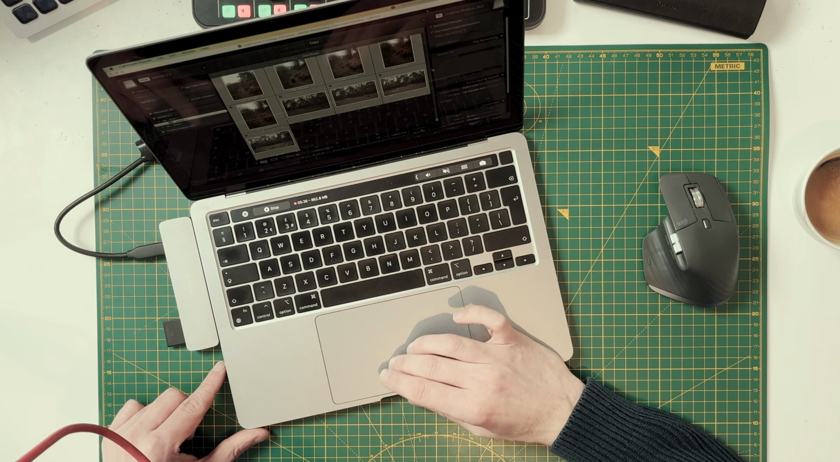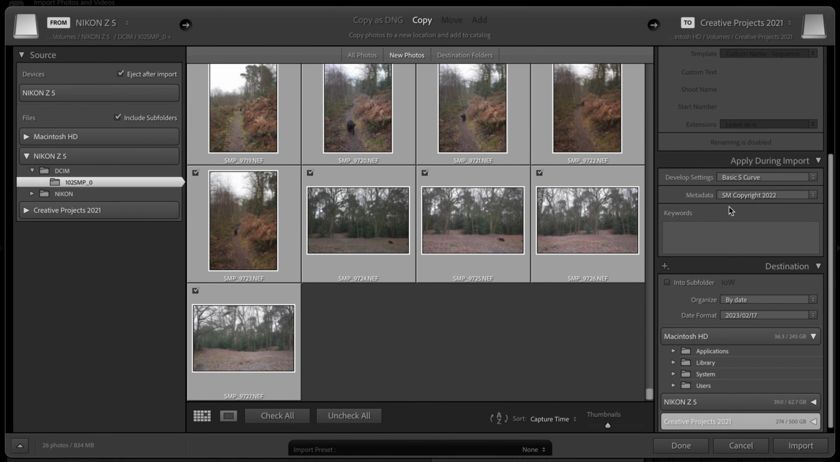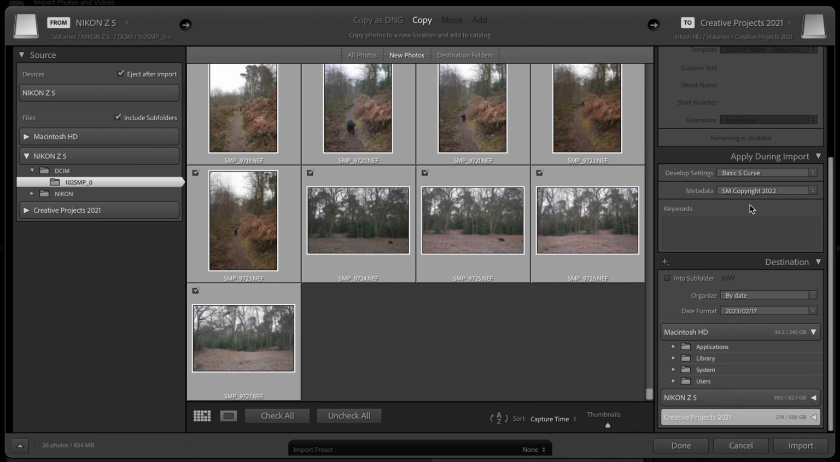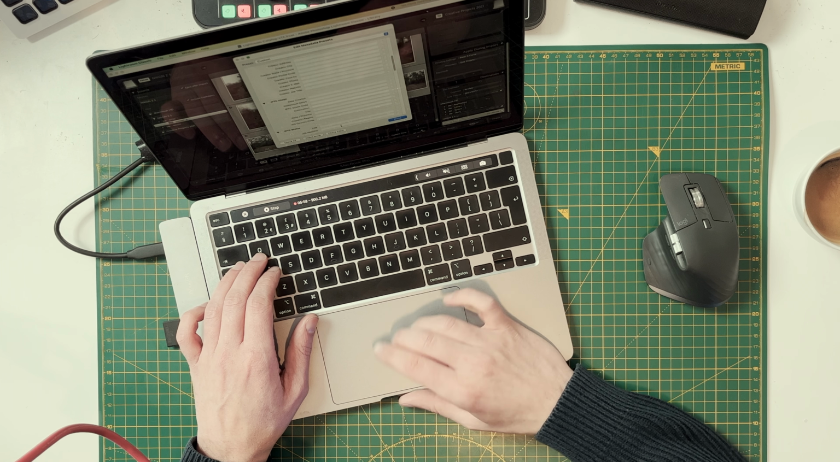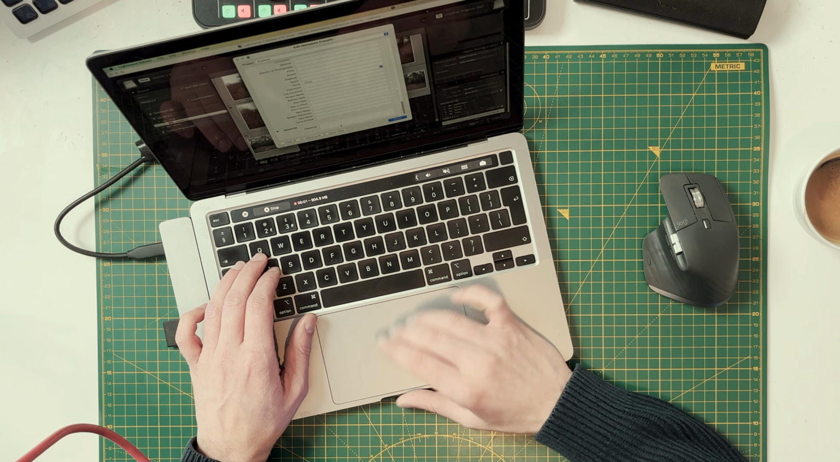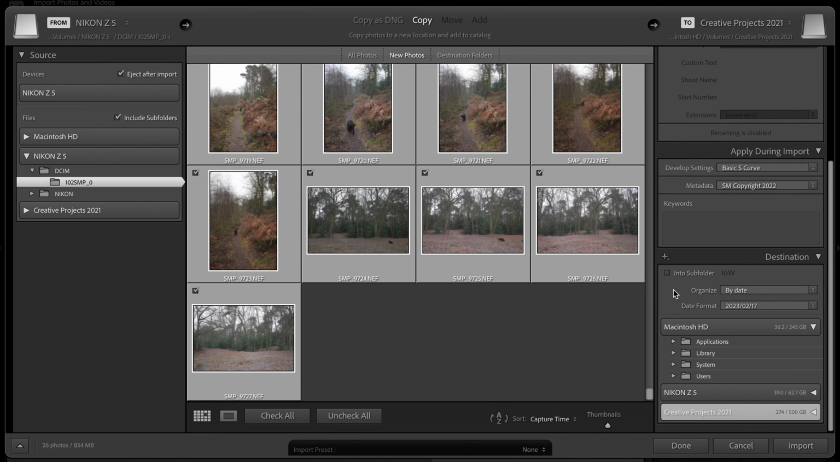While you're importing, you can rename files, you can apply basic information to it. So in terms of developing, I've got a basic S-curve that I applied to my photos to begin with in order to give them kind of a starting point. I put my copyright on there, which actually I need to edit and change to 2023, and we can save that. So now we include our new copyright which says 2023,